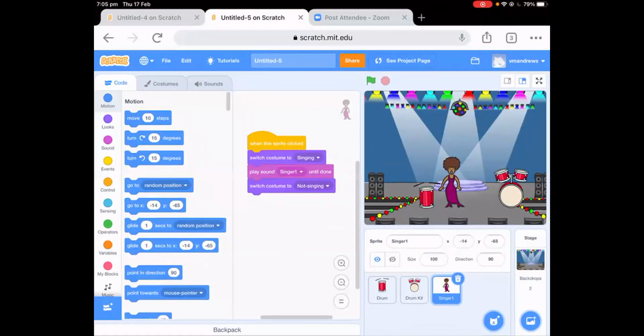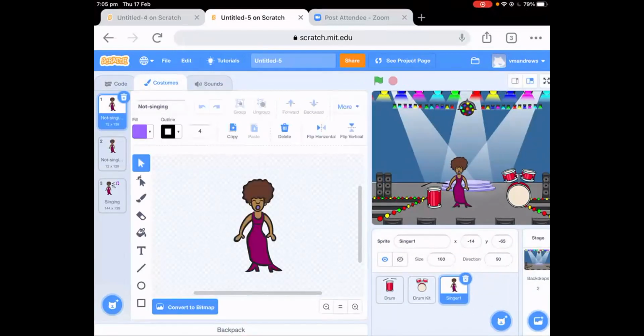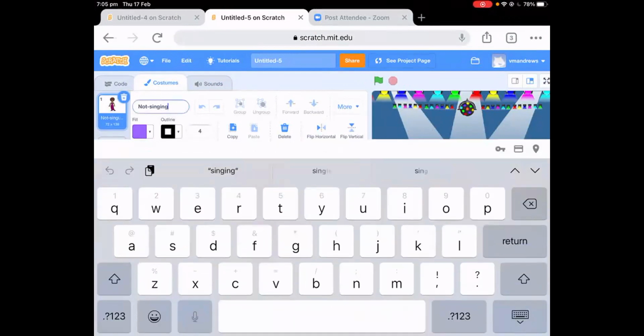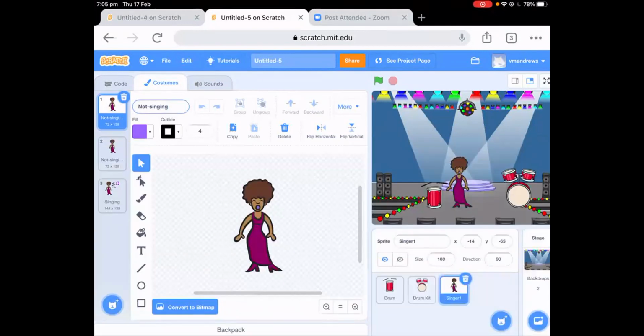Okay. Basically, if you go into the costume section, right? The singer 1 is like what her costume is called by default. If you remember, this thing used to be called singer 1, but I renamed this not singing just to show that this is her normal costume where she isn't singing. And if you rename this not singing, this will appear in the drop down and it will be called not singing. And what I did was I added a new one based on this one by right